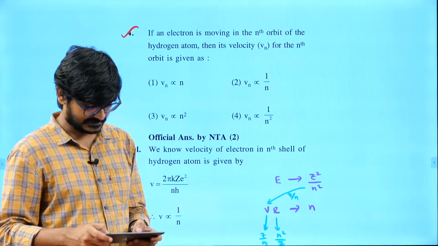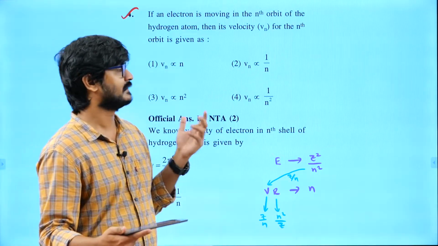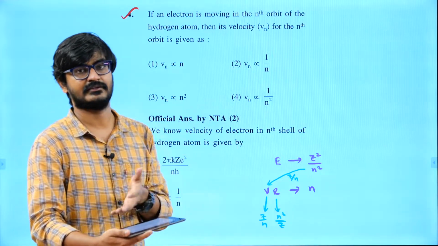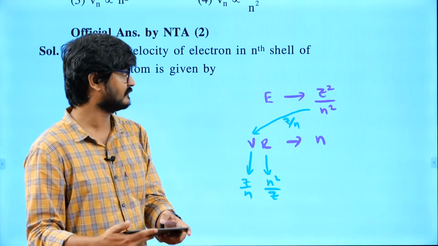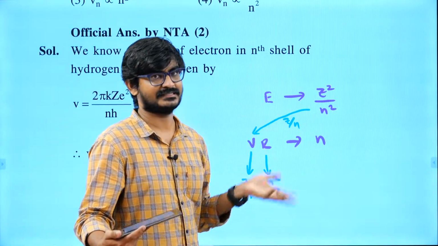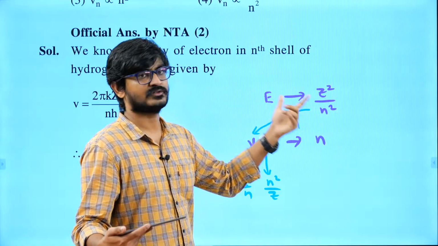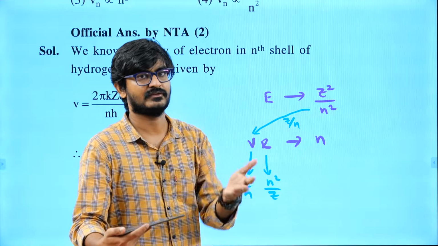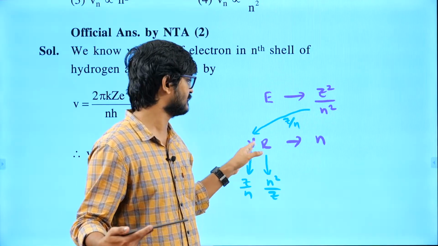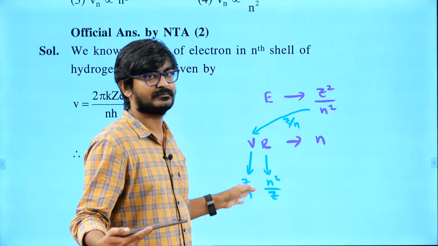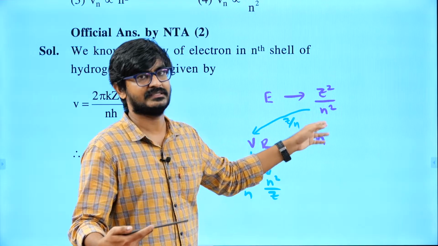Now this one, there is nothing much, but if someone is having trouble remembering how velocity is dependent on z and n and radius, then I generally do it this way. I remember energy is minus 13.6 z square by n square. That formula I will be knowing, and I know energy will be of the form half mv square, velocity square. So this must be of the same form as velocity square. So velocity must be having dimensions of z by n, and I know mvr equal to nh by 2 pi. So v into r must be having dimensions as